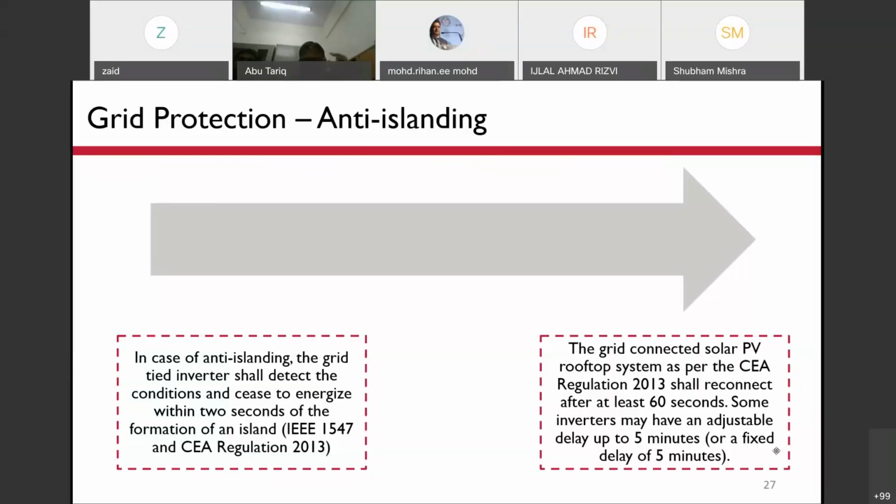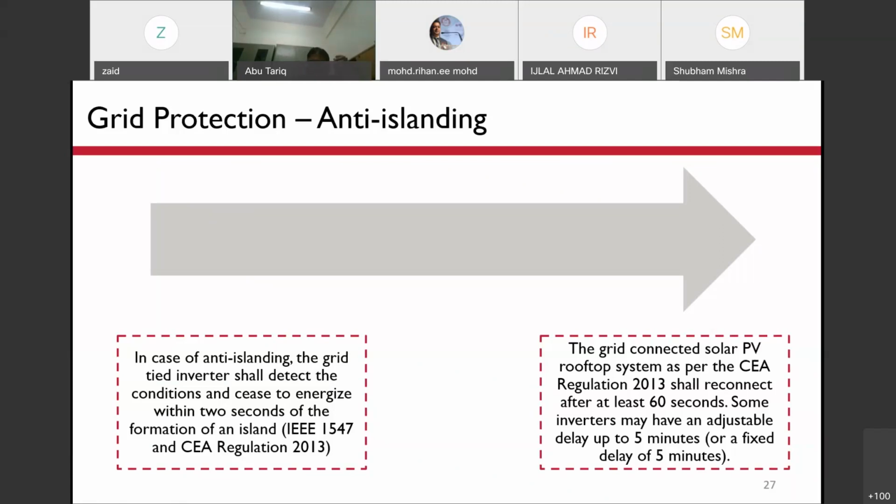The inverter has an anti-islanding feature, and once the grid goes off, within 2 seconds it will disconnect. This is as per IEEE 1547 and CEA regulations 2013. Once the grid is restored, there will be a lot of fluctuation in supply, and the supply should be balanced before we connect the inverter again.